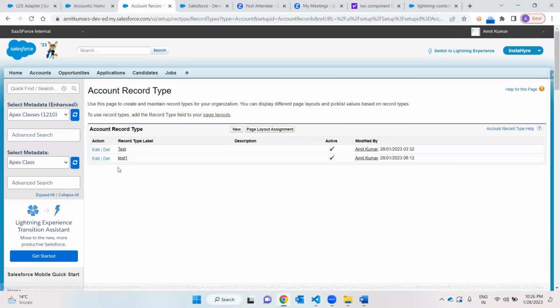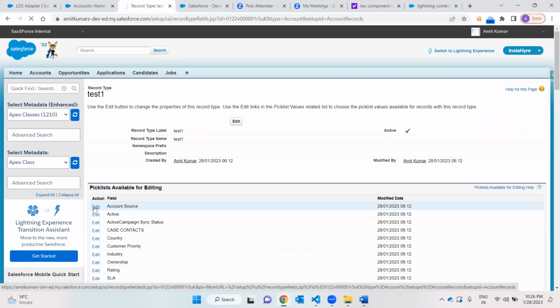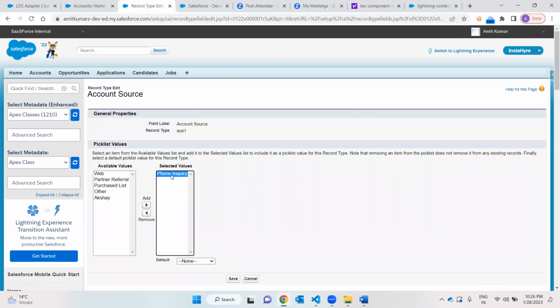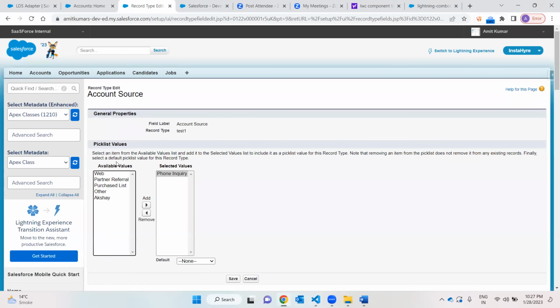So there are two record types I have created, and I am logged in with the system admin profile, and I have assigned the default record type to test one. If I go to test one and show the available picklist values, you can see I have only provided phone inquiry. So this is the way to get a picklist value based on record type. If you have a requirement to fetch the picklist values based on record type, you can use this. So if I make all these values available,